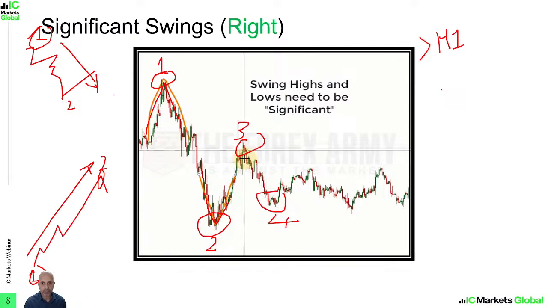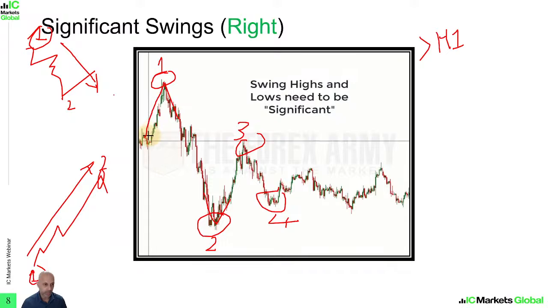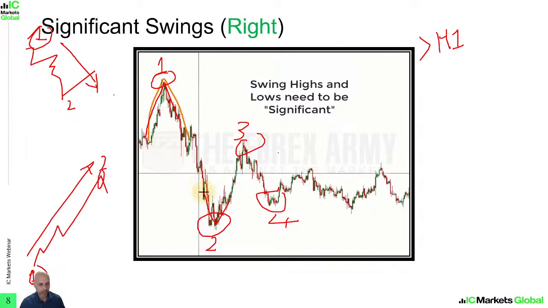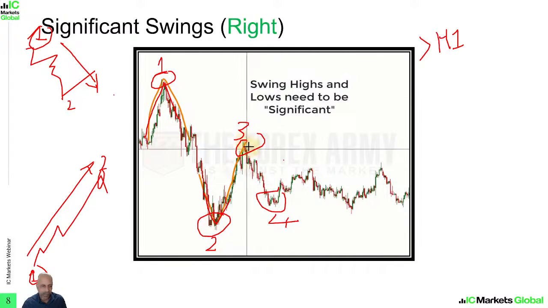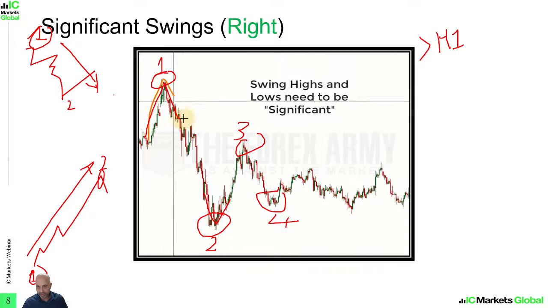When there's less noise, we are able to identify significant swings such as these that have been described here in this GIF. Of course, we're going to go into TradingView, and I'll give you a good live example of how we can identify significant swings in current market conditions as well. Now take note that in this GIF we can see a significant swing high at 0.1, another significant swing high at 0.3, and we have significant swing lows at 0.2 and 0.4.